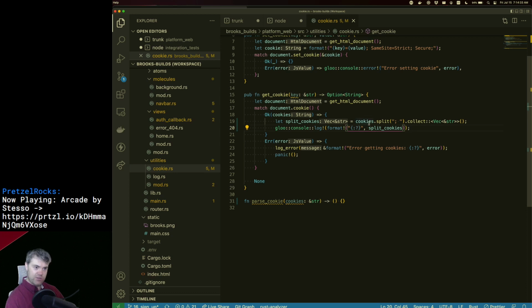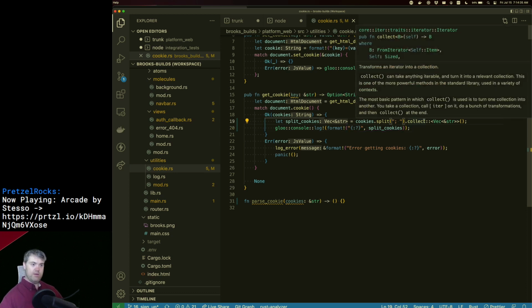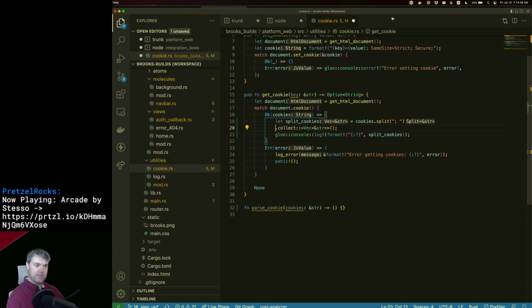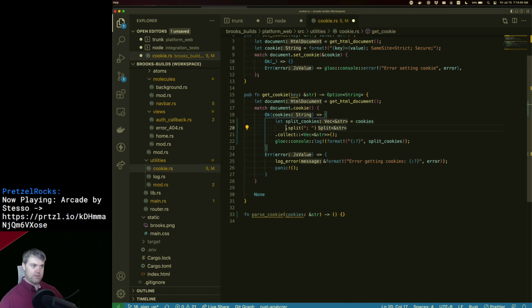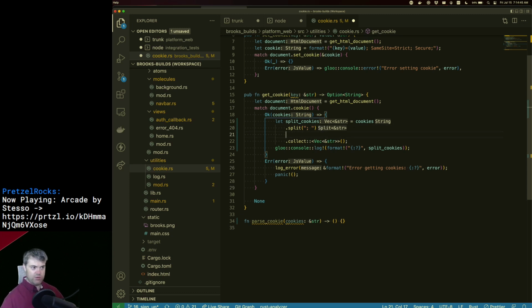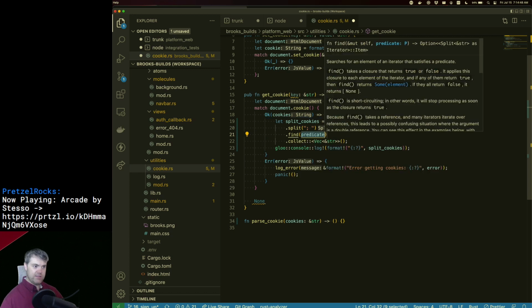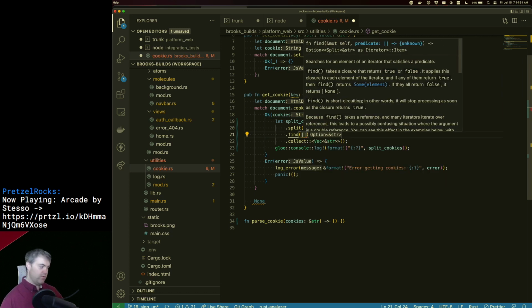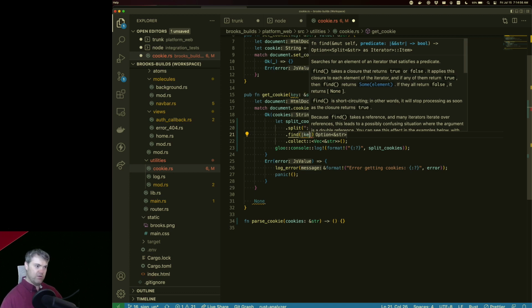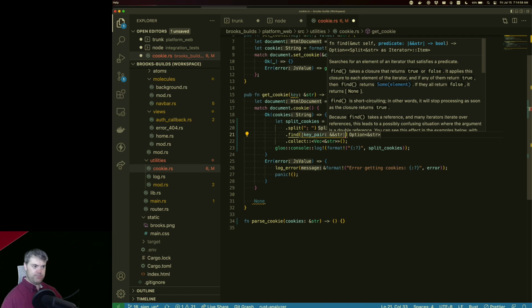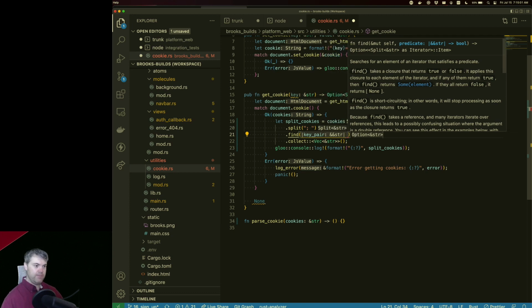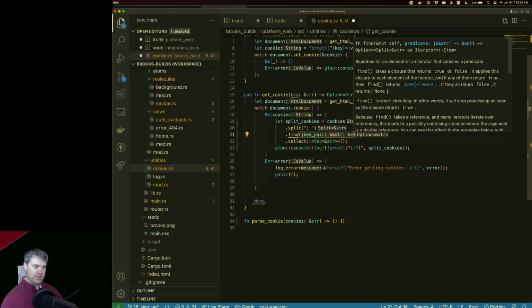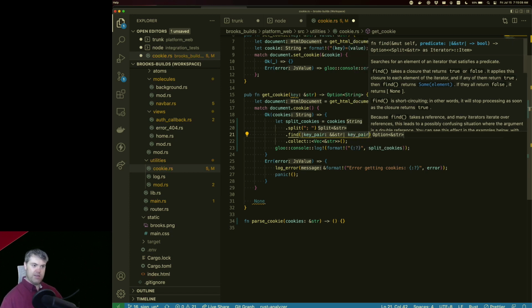Okay, so then I want to, before I collect, so after I split, I now want to find. This is basically a key pair. And I want the starts with this one. So key pair